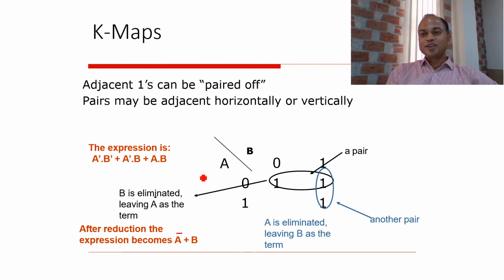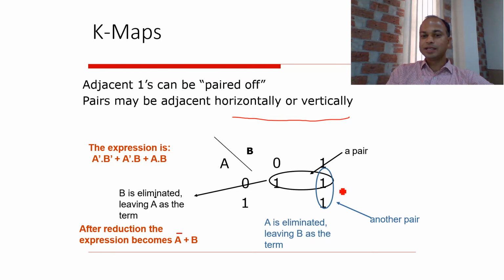Now, what is the real purpose of the K-map? The K-map is basically used for simplification. So for example, this is our K-map of any Boolean function. We can simplify it with the help of pairing. So we are pairing the ones. Pairing of ones can be done horizontally or vertically, or sometimes we may also consider the corners. Here, if we take this pair, there are two possible pairs. This one is the first pair, and this one is the second pair.